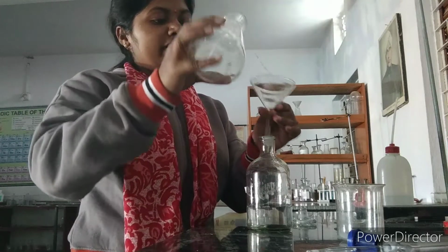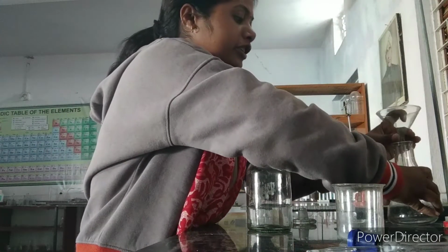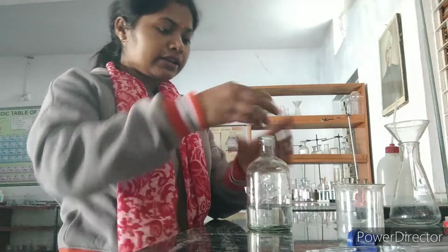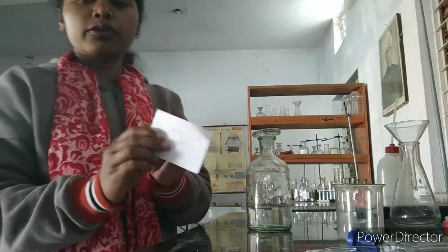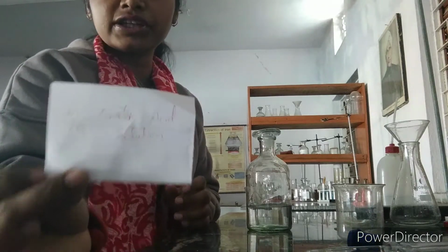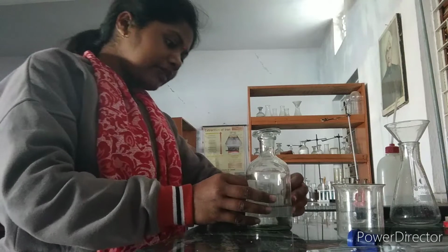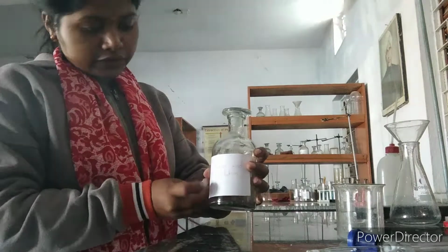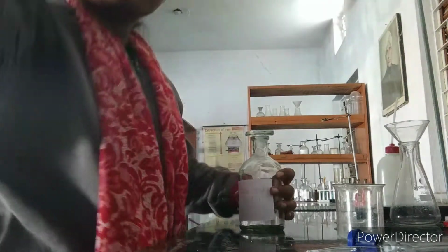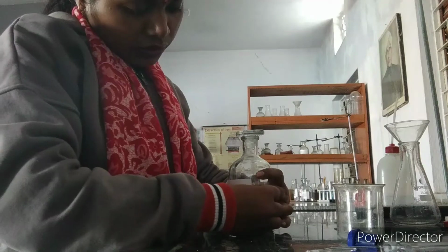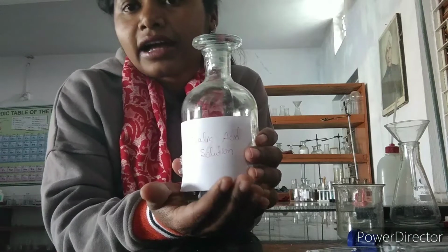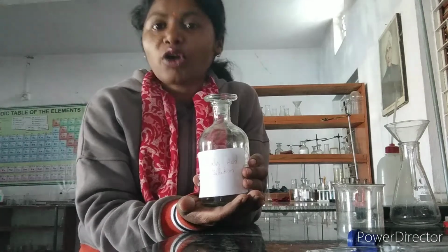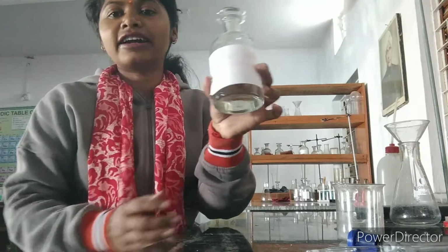Okay, so here students, we have made the standard solution of oxalic acid. I am just keeping it aside and putting the knob, and here I have made a note of the M/20 of oxalic acid solution. So just let me stick it here with the sellotape. Okay. So one sellotape this side and one sellotape here. Okay, so here students, we have made the M/20 strength of oxalic acid in the 100 ml solution.